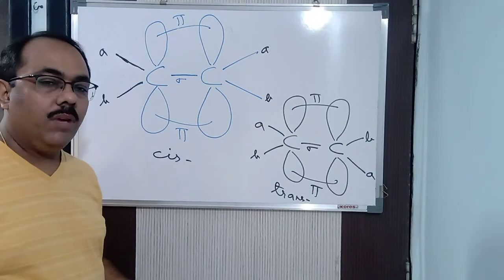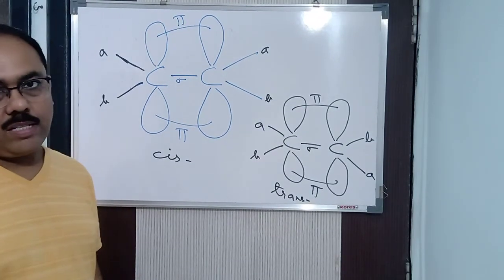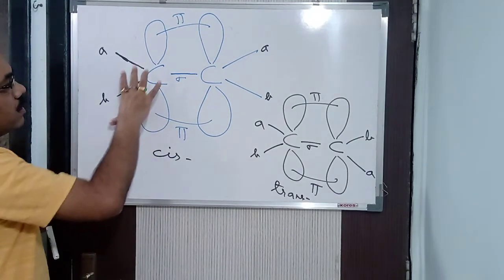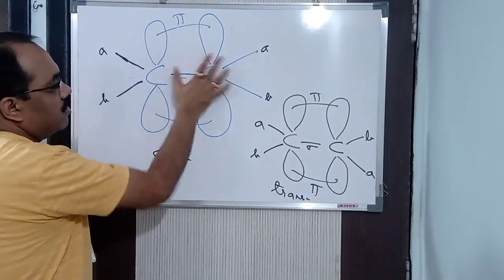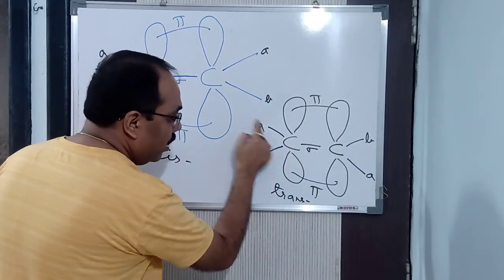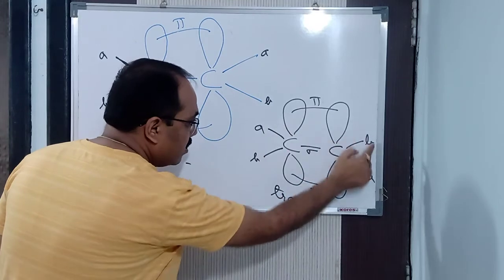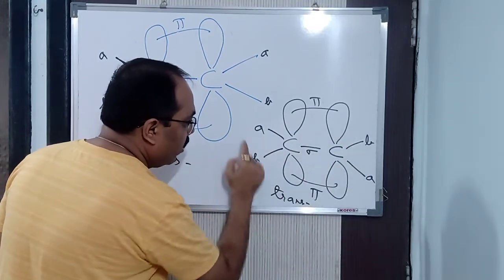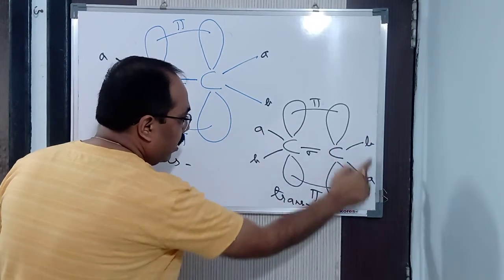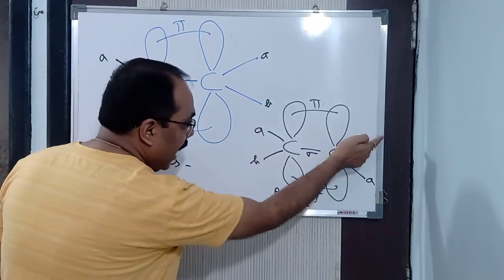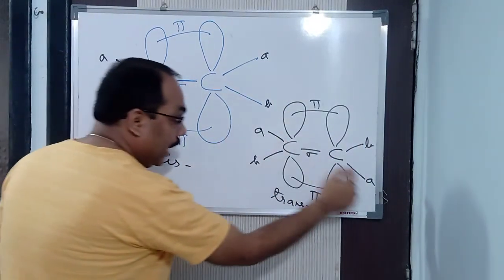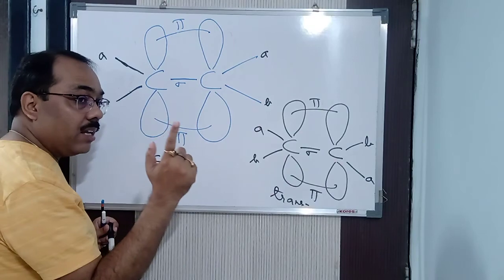Now if you ask me the difference between the cis and trans isomers, what is it? Now in the cis isomer, what you find is that it is unsymmetrical. The cis isomer is not symmetrical, but trans is symmetrical. Why? Because this is a line of symmetry. If you take it, this is a quadrilateral. If I take it in this way, it's a quadrilateral. Can you see my finger? This is a quadrilateral. Alright, and in a quadrilateral, the diagonal is your line of symmetry. You have read this in maths.